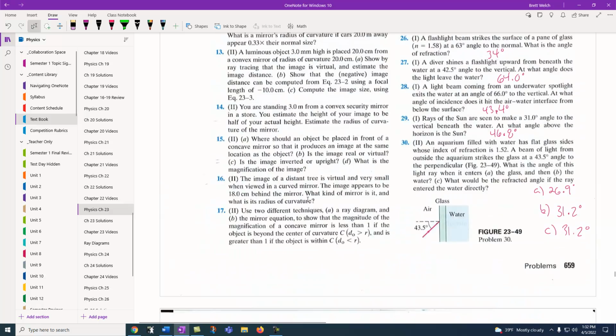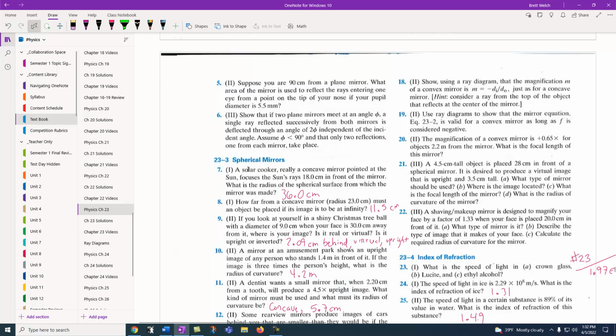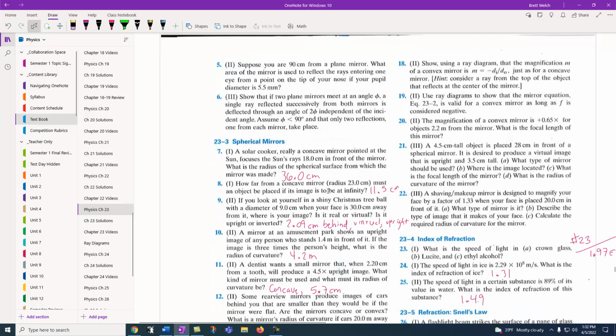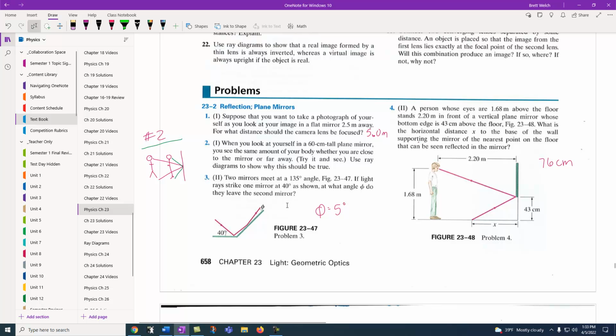homework problems back here. For instance, I've got a spherical mirror, a concave mirror pointing at the sun, focuses the rays. So that focus of the sun's rays is 18 centimeters. Okay, what is the radius of the spherical surface? Well, if the focal length is 18 centimeters, you should be able to figure out the radius from there because of the relationship there. Here we've got some basic reflections. You know, as that's a 40-degree angle, what are these angles here to be able to figure out that angle there? Using your basic geometry,